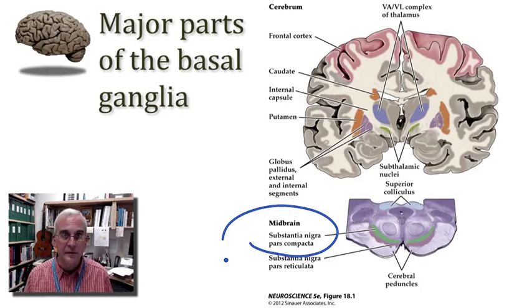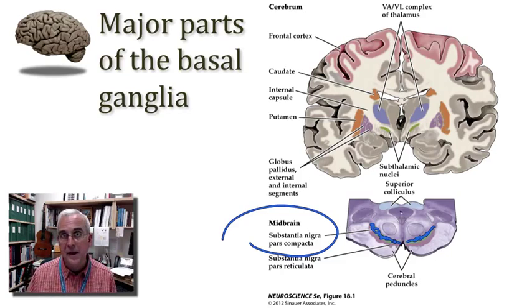It's the black substance. If you look at a brain at autopsy and make a section through the midbrain, you will see a dark substance that forms a bit of a line that is nearly sitting on top of the cerebral peduncles. So that dark substance is what we call the substantia nigra pars compacta. The dark substance is there as a result of the biosynthesis of the neurotransmitter that's released by these cells. That transmitter is dopamine. And over a lifetime of making dopamine, these cells accumulate a dark pigment, which gives the